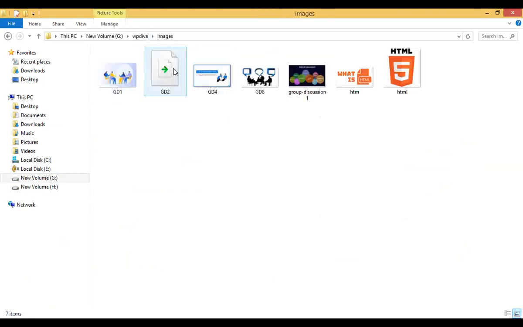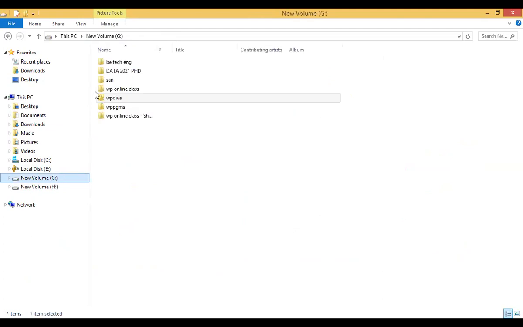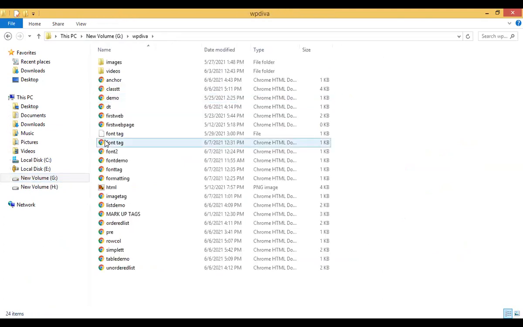All the images are present here. If I want to take an image from here, I have to take the path of this image. If the image is in the same folder as the program, then there is no need to give the path.